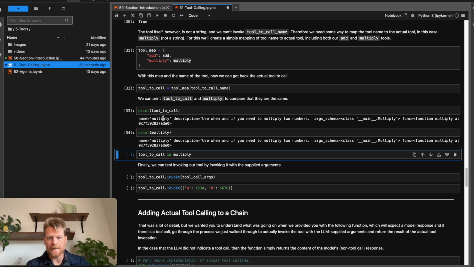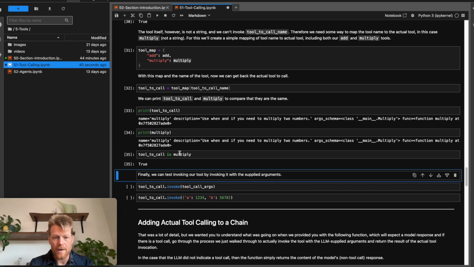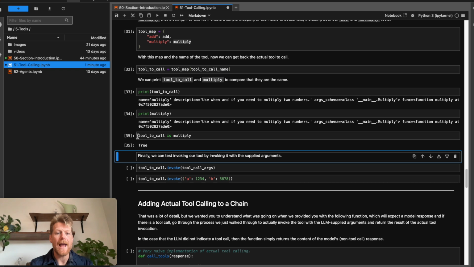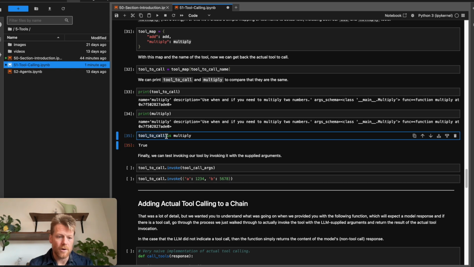Itself, and you can see that these are identical. And furthermore, if we ask, is tool to call actually multiply, it's true, right? So all that to be said, again, we're exploring the low-level process of how a tool actually would get invoked, and we've shown that the information from the LLM tool call response has sufficient information that after taking a few steps, we can actually arrive at a tool to call